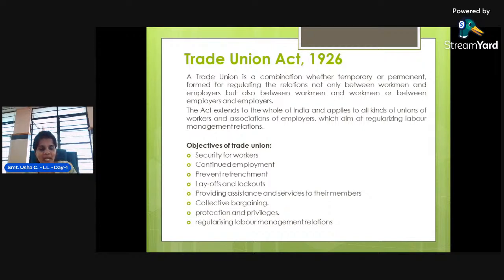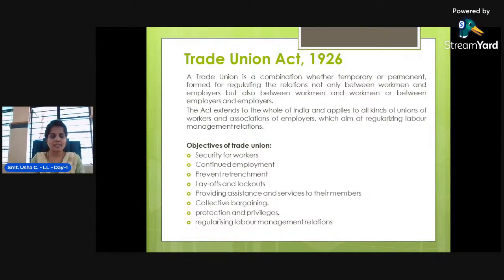Security for workers. As I said, it can be job security, social security benefits, retirement benefits, or regularizing the employees for any kind of security. When the employees or workers are working in a dangerous place, they must be protected and given good care; preventive and precautionary measures must be taken by the organization. And for protecting the employee, and to improve the standard of living of the employees,